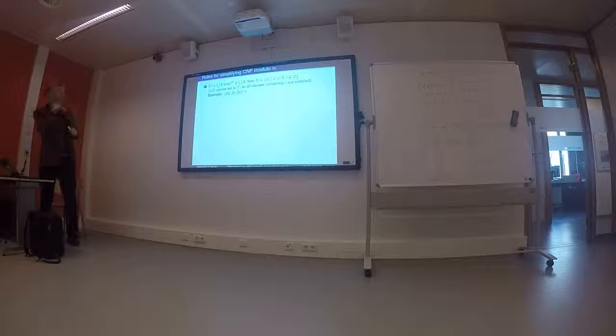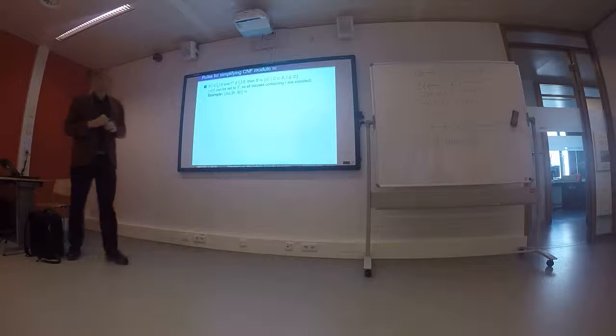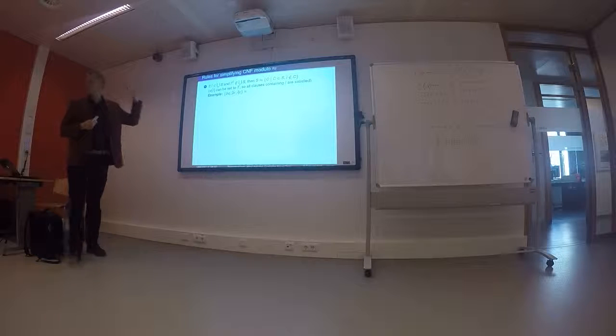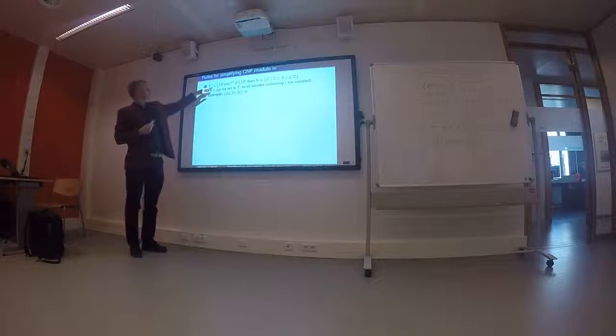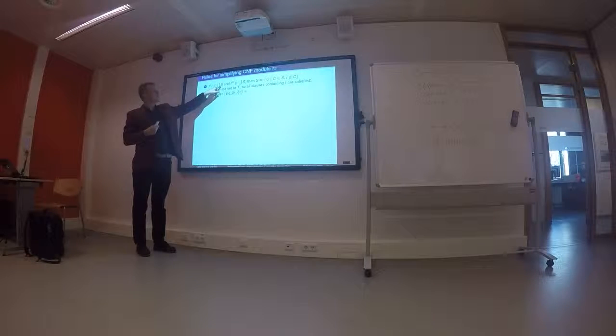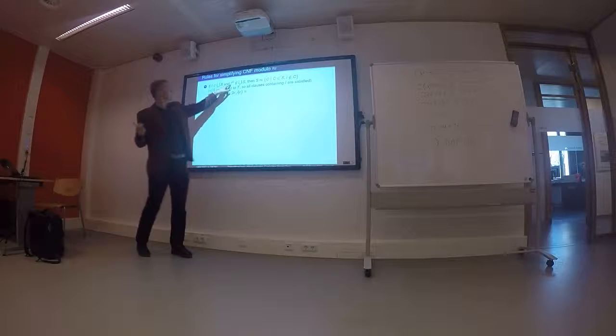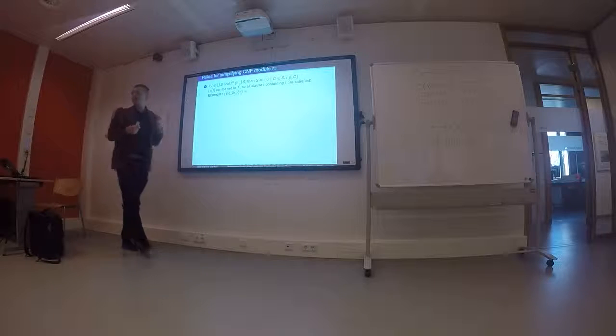Here are some rules for simplifying a conjunctive normal form modulo co-satisfiability. I'm not going to present all of them, but to give you an idea I'm going to present some of them. Here it says, okay, my conjunctive normal form is this set of clauses. It's called S. So the union of S is simply the set of all literals appearing in my clausal form somewhere. So if L is a literal occurring in my clausal form somewhere, and the converse of L does not appear in my clausal form anywhere,